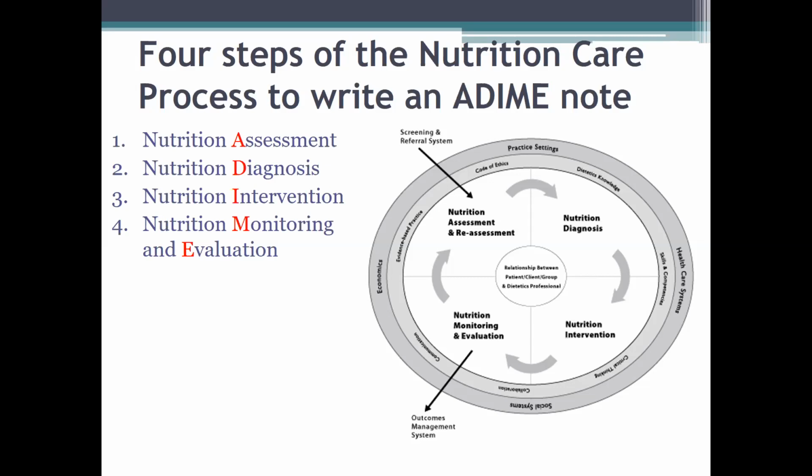In terms of monitoring and evaluation, you wouldn't be very good at your job if you didn't monitor and evaluate to see if your intervention worked. So if your adolescent has iron deficiency and you know that because their hemoglobin was low on a blood test, you're probably going to monitor and evaluate their hemoglobin and make sure that it actually goes up. You might be monitoring and evaluating their compliance with their supplement use, or maybe their intake of iron, or whatever it is that you laid out in your intervention. But here we are with our process, right? It goes round and round and round in the circle